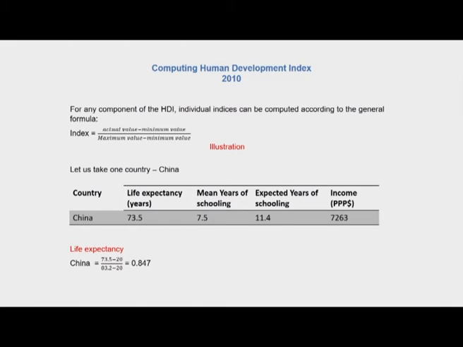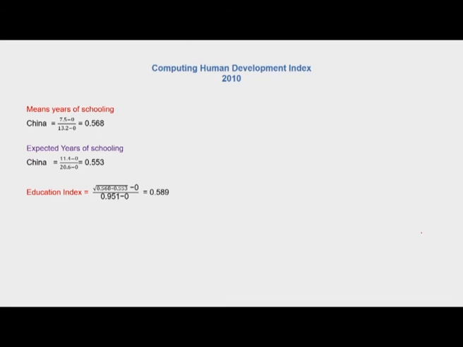It has been brought down to 20 years now. So the index shows 0.847. Similarly, the mean years of schooling index has been calculated. So this is for China here, 7.5 divided by 13.2 minus the minimum 0.568. Expected years of schooling is